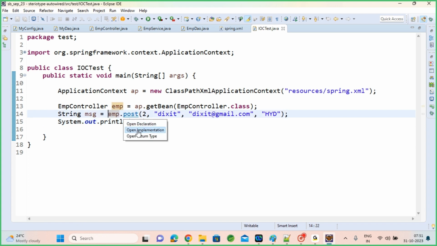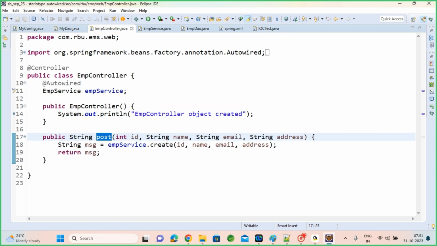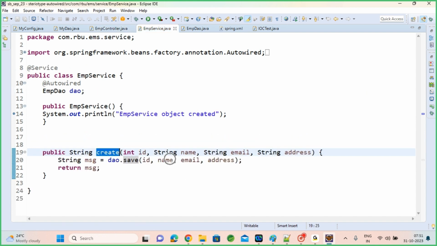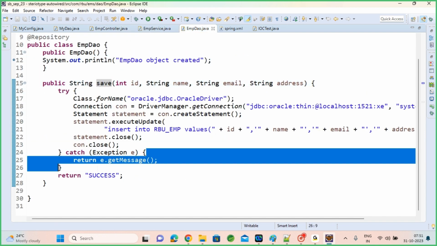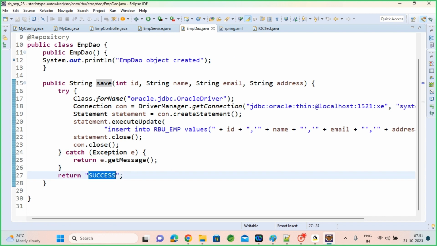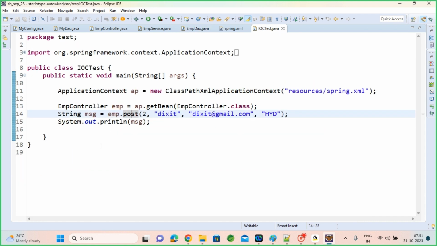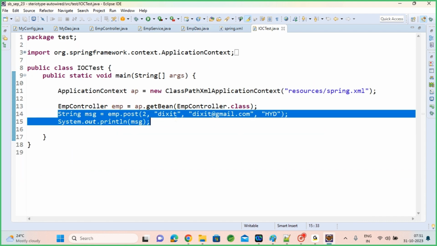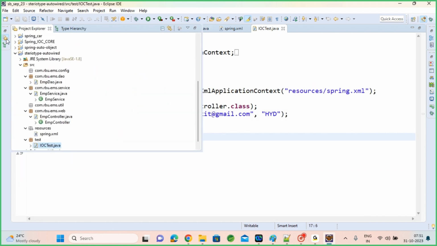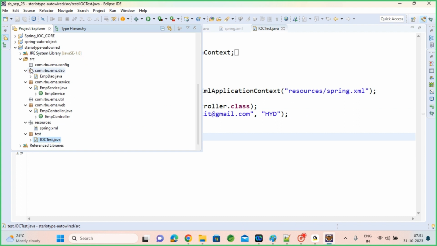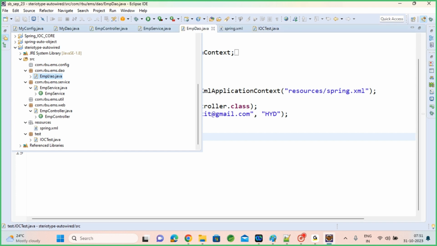Then from here this call goes to controller post, controller to service create method, service create to DAO save method. And finally from here it will return a success message or error message. So that success or error message we are printing here. Okay, this looks fine. Now in this application, if I want to use any third party library, let's say here